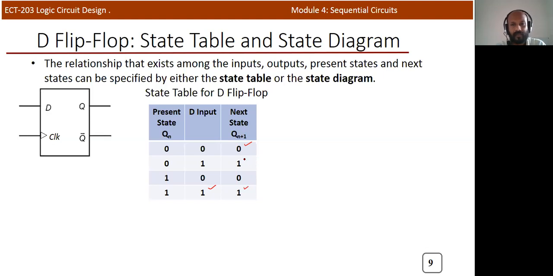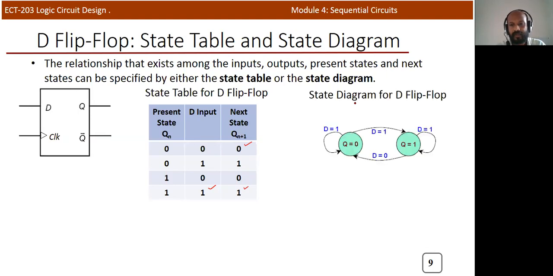And now we are discussing the state diagram. What do you mean by state diagram? This is a state diagram of a D flip-flop. There are actually two states: one state is Q equal to 0, and the other state of this flip-flop is Q equal to 1. Only two states, so we can indicate two states here, and you can expect two possibilities from each.